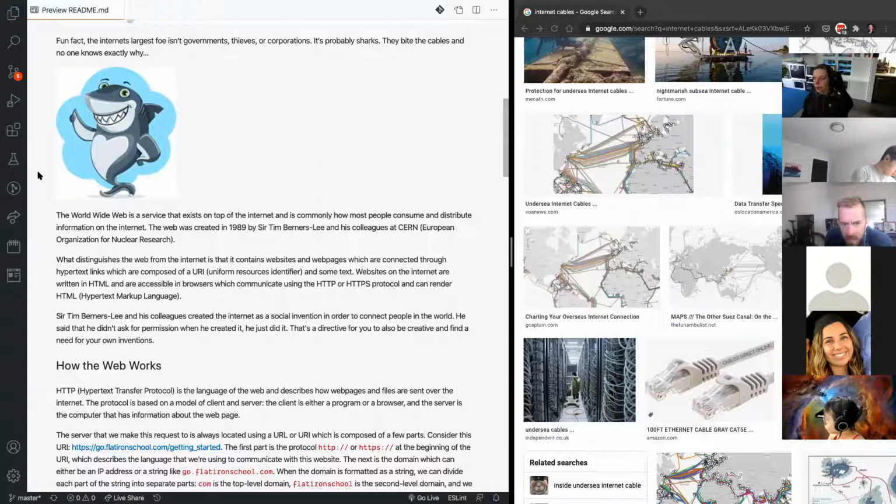The web was created by Tim Berners-Lee in 1989, and is pretty much what we use nowadays for getting to web pages, finding links on the web, clicking on them, navigating all over the place.